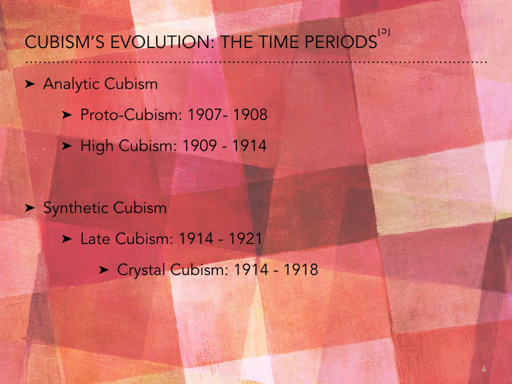So let's talk a little bit about Cubism's evolution, and it's really specifically its time periods. Cubism was broken up into two different time periods, analytical Cubism and synthetic Cubism. Analytic Cubism is where Picasso really thrived. He started what was called Proto-Cubism, which was the initial start of Cubism. Later on you merge into High Cubism, where some of his paintings were shown as well. As an example of synthetic Cubism, we'll see that later in one of the future slides where we compare Picasso's painting to one by Jean Metzinger. Synthetic Cubism includes crystal Cubism, which is where Metzinger really thrived.